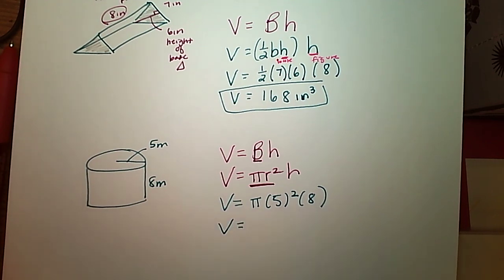So I'm going to leave the first one in terms of pi. So I have 25 squared times 8 gives me 200 pi. If it asks you for it in terms of pi, you just multiply the numbers, keep the pi. And if I multiply it by 3.14, or pi,